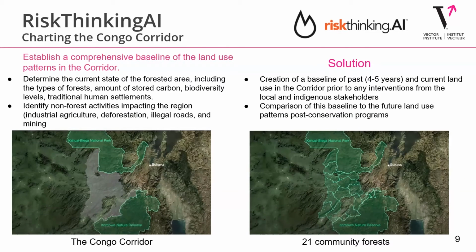And so what you can see here are the regional jurisdictions that they want to look into and how conservation is happening within these regional lands. And then they want to report what's happening and the changes in land use in a time domain of yearly and monthly, and then help the regional bodies decide about the measures they want to take. So what we're going to say is that post conservation, this baseline that they're going to develop will serve as a measure against future land use patterns, allowing us to evaluate the success of the conservation program,